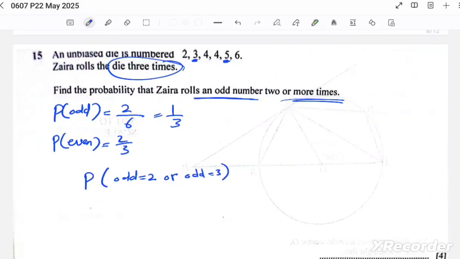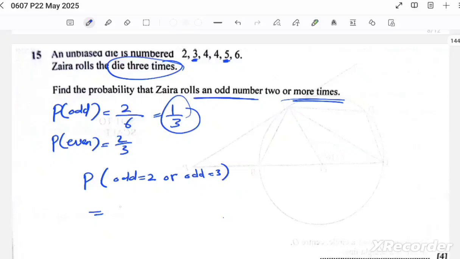So let's do that. If it's odd all 3 times, the probability is 1/3 times 1/3 times 1/3. This is the 3 times. Plus we need the probability of 2 times odd, which means 1/3 times 1/3,